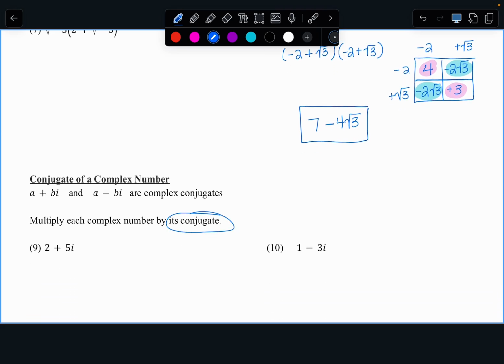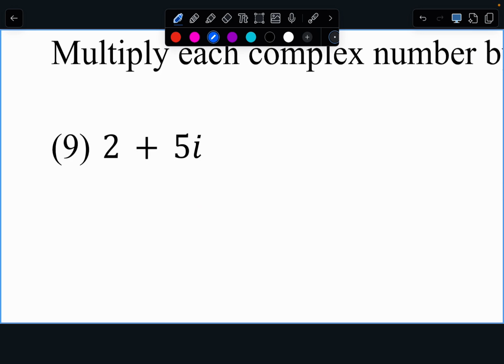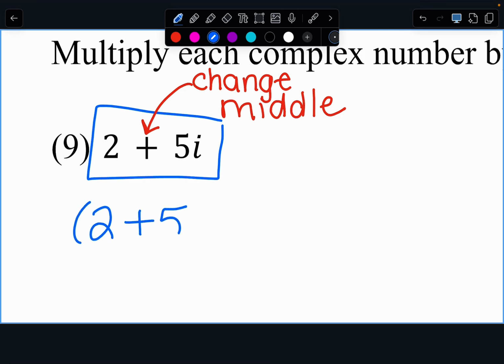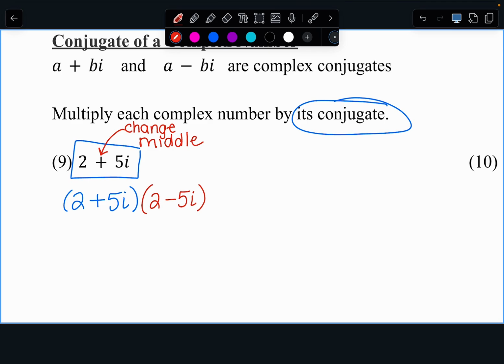Conjugates. Conjugates are fun because they get rid of middle terms. A conjugate means you take the exact same thing, but you change the middle sign. So the conjugate of 2 plus 5i is going to be 2 minus 5i. Let me show you why they're so important. When we multiply these,